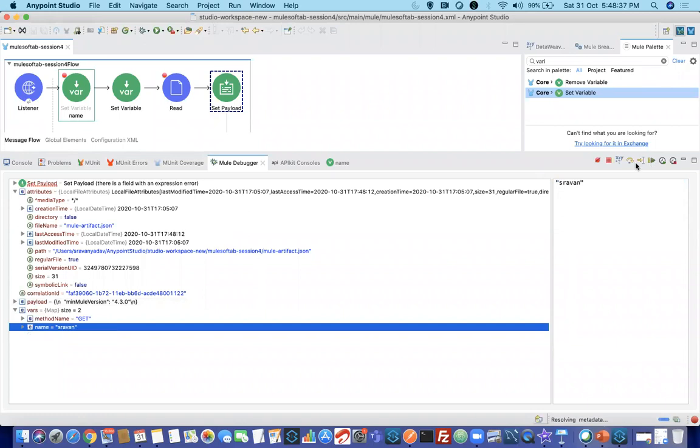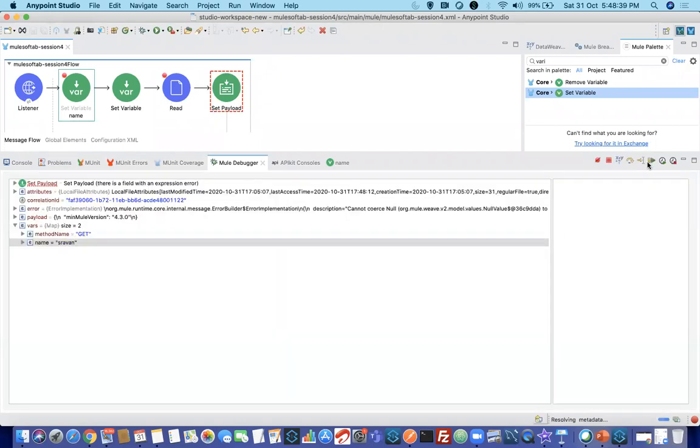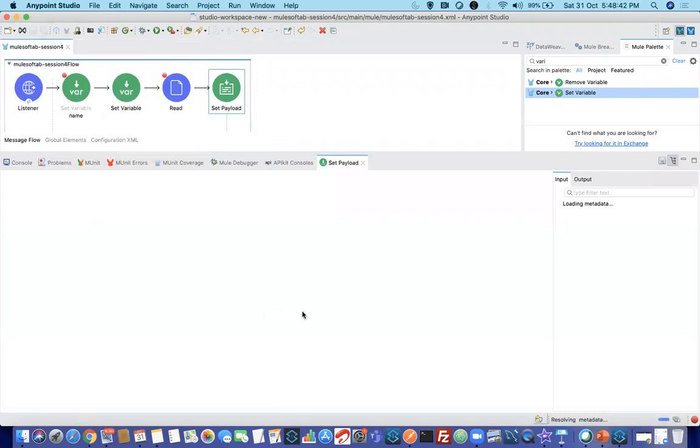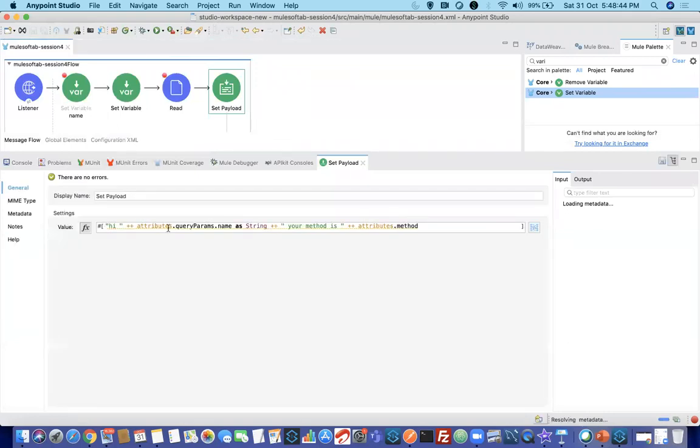Still you will get an error. Why? Because we didn't change the code. We are using the same attributes. So now what you have to do is remove this part and say vars dot name. You must be asking, Shravan, why are you not using hash, square brackets, vars dot name? Because you are already within hash here.